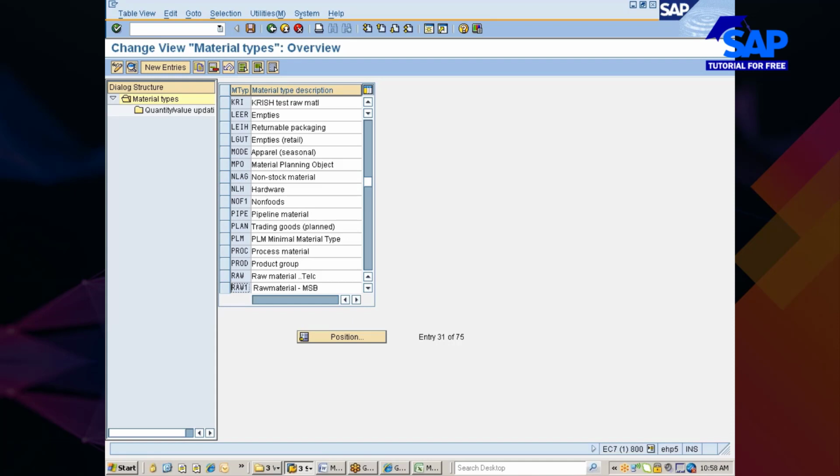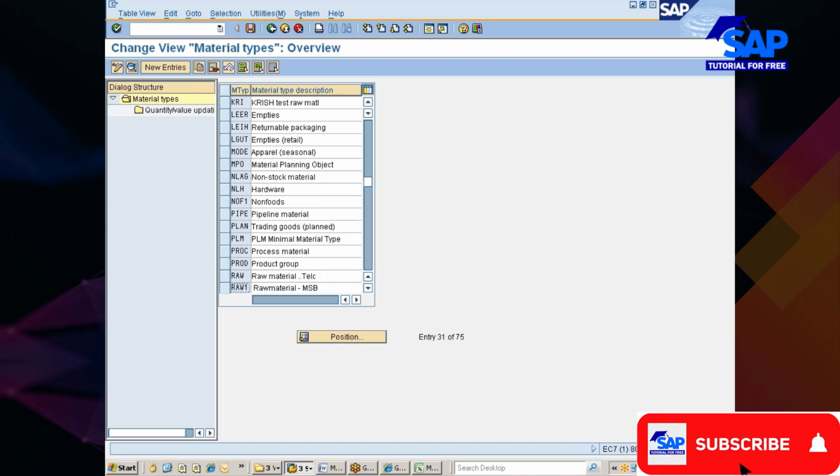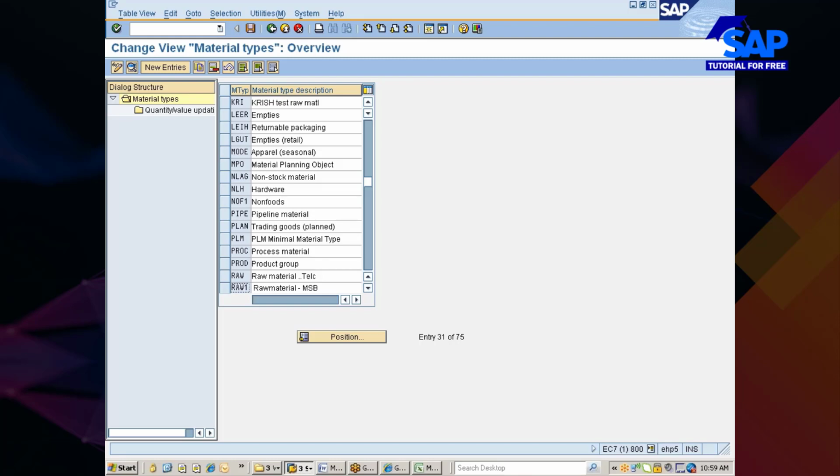Then to run the diesel power plant you require diesel. So you procure diesel, say 20 liters or 10 liters depending upon your requirement, and you simply dump it into the engine rather than keeping it in stock. Such materials, where upon receipt the stock will not get updated but the value gets updated, are called non-stock material.